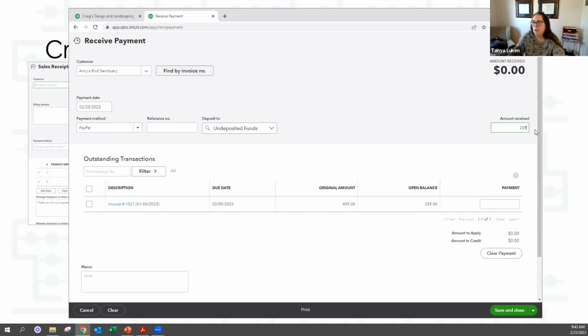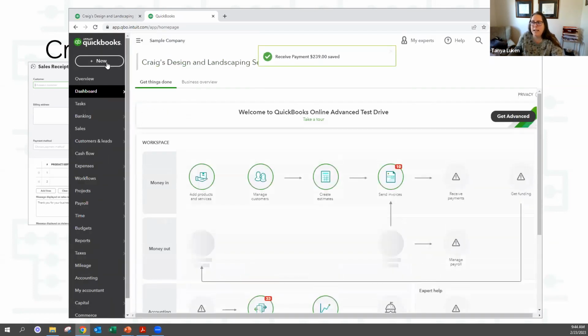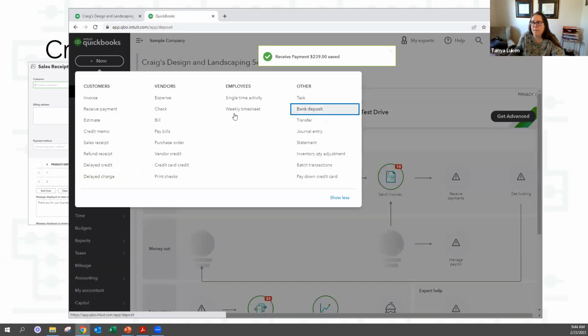And I'm going to mark the whole $239 that she owes us as paid because she paid the entire balance on her invoice. So I'm going to mark that she paid us $239. I'm going to put it to undeposited funds. And then when I go to make the bank deposit, that's where I'm going to record the fee.